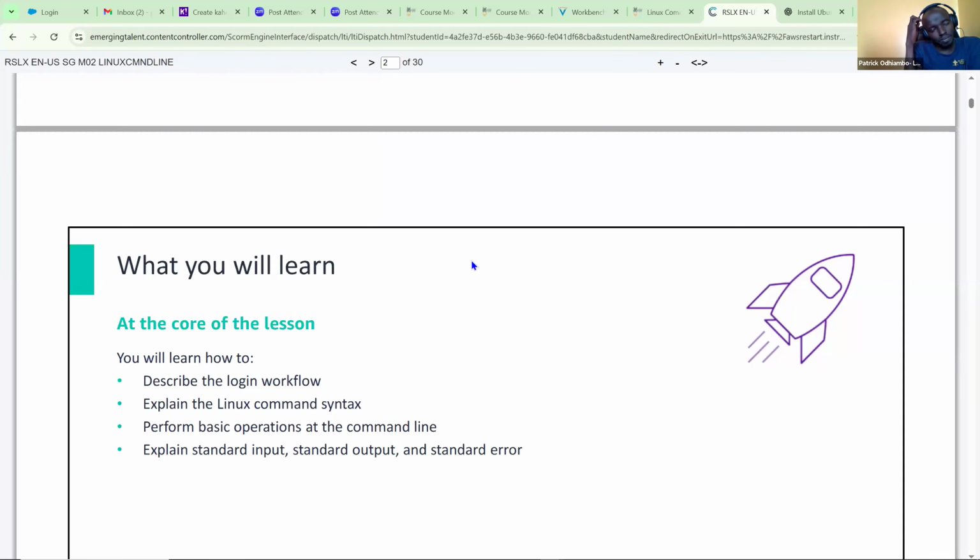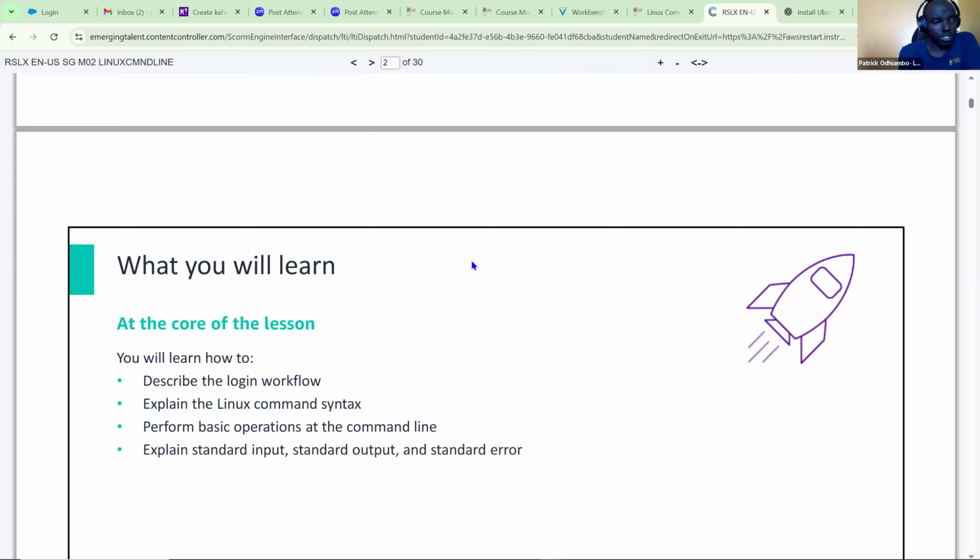And in the morning class, Joy went into the details of explaining to us the workflow from when you turn on a computer, all the way to the time that you are ready to start using that computer. And now, in this module that we are going to cover this afternoon, we will learn the following.